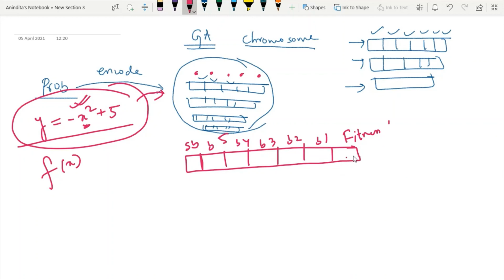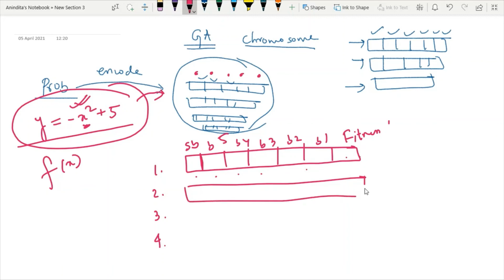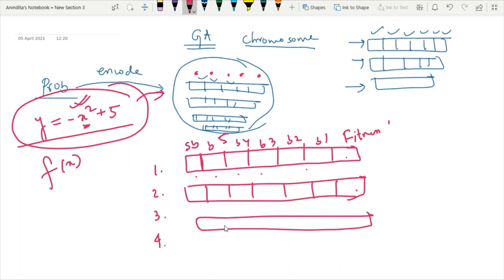So this is how each gene of the chromosome will look like. Say I want to create 4 chromosomes. I will similarly create the second chromosome with sign bit, then B5, B4, B3, B2, B1, and then the fitness function. Similarly we will create 4 chromosomes.